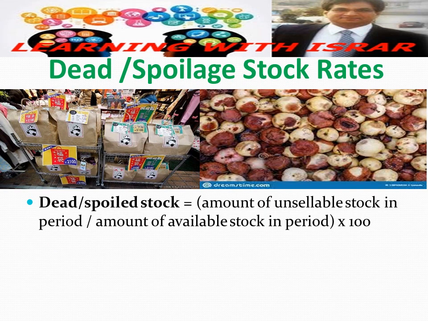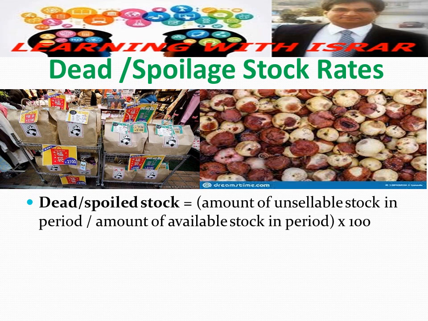This is another indicator of what percentage of our inventory is dead or spoiled. Dead stock inventory is inventory no one wants to buy. When the company cannot sell the remaining inventory after a time, the stock is dead. Spoilage is the same concept, but for fresh items such as expired food or expired medicines or any product which has an expiry date.